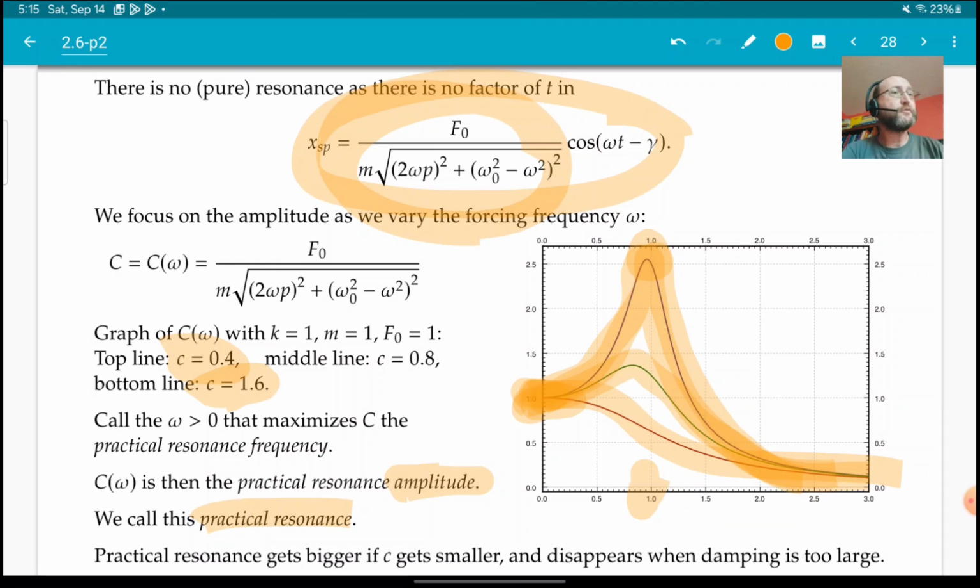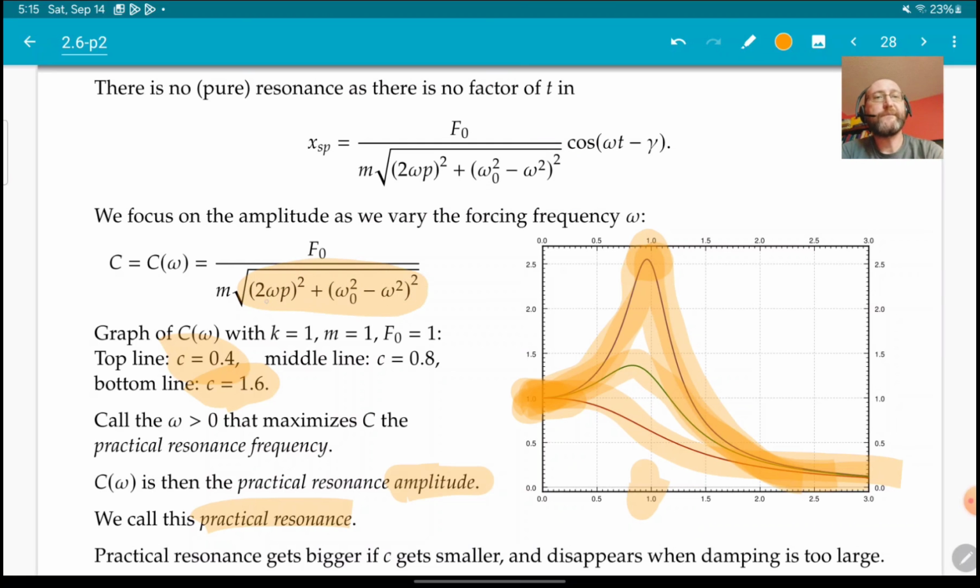And if you think about the whole thing, if you look at the formula here, if you look at this denominator, well, the amplitude is going to be large when the denominator is small. You can see it's really the sum of two squares,